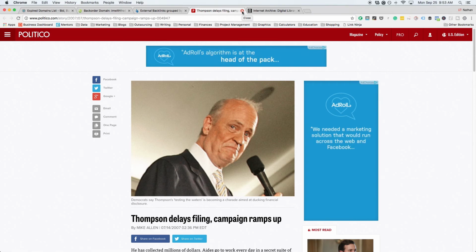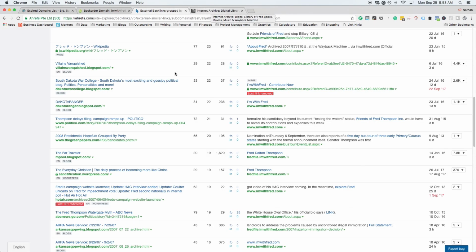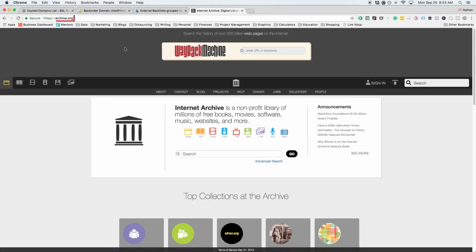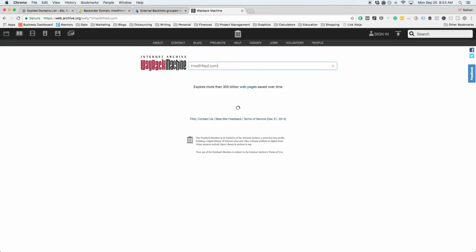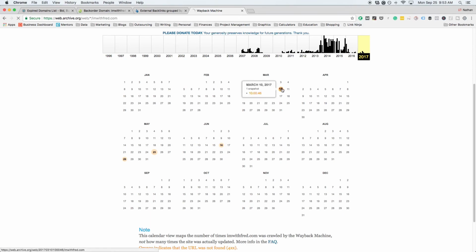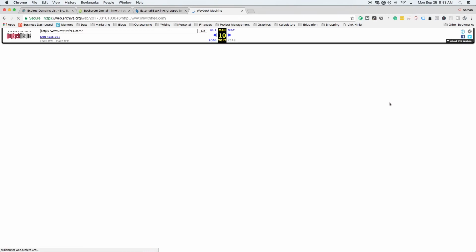So now that we know this is a good opportunity, that we need to pursue it a little bit further, what we want to do is take the domain name and throw it into archive.org, also known as the Wayback Machine. Because what you want to do is see if this domain has been used for any type of spam in the past, or used as a private blog network, or used in a way that it wasn't originally designed to be used, because that's what we really want to avoid at all costs.